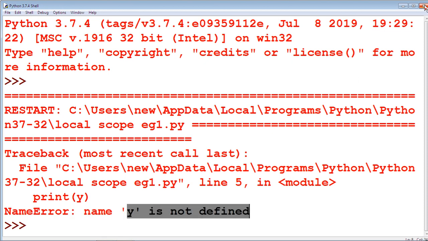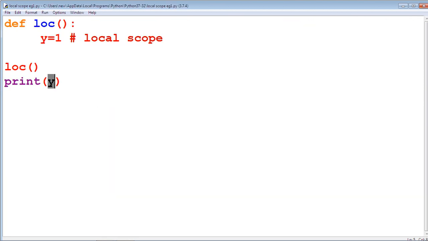The name y is not defined. Here it takes it as global scope, but y is not declared outside, so it leads to an error that y is not defined. When this statement is placed inside the local scope, then we get the result.